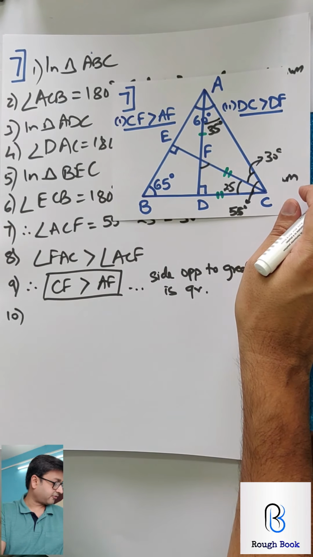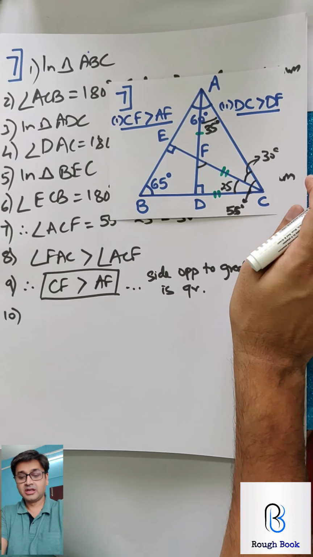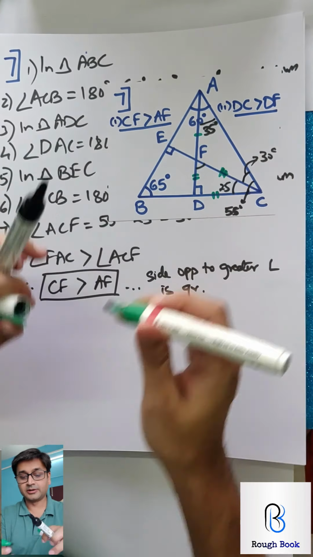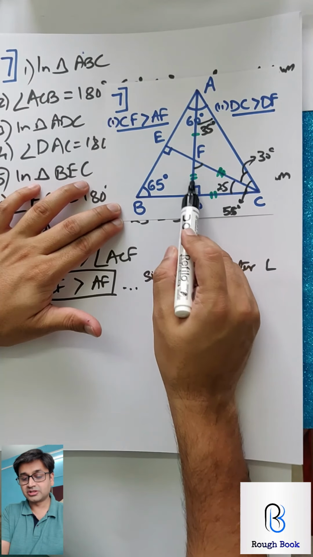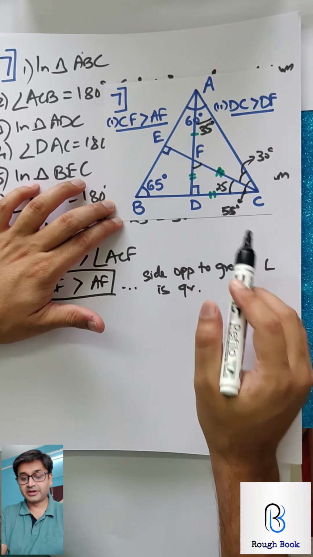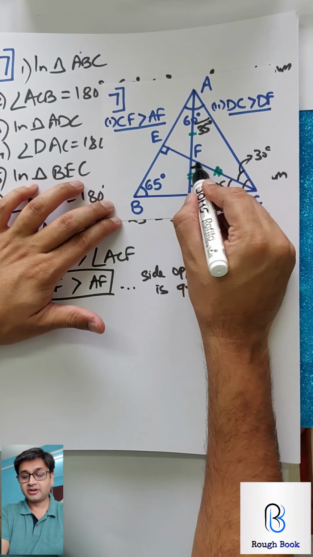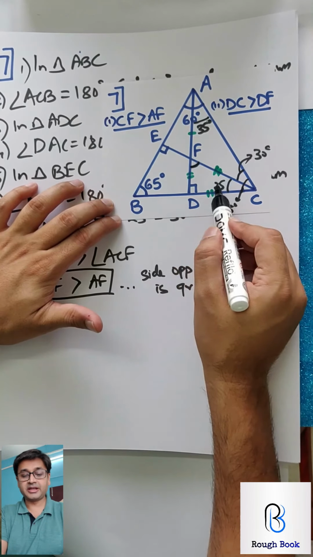Let me just check if I have copied it correct. DC and DF. Oh, so sorry. DC and DF, not CF. So it's not this one, it's this one. Yeah. So DC and DF, these two sides. How will I now compare this? For this one, I need this angle and this 25 is known. So how will I get this angle? Angle sum property. Get this angle, compare and then write.